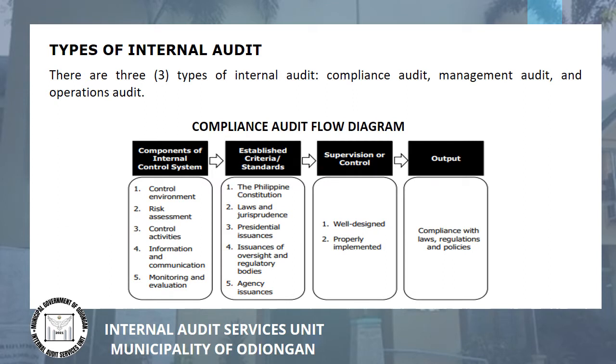So, how do we do compliance audit? First, conduct a baseline assessment of components of the internal control system, control environment, risk assessment, control activities, information and communication, and monitoring and evaluation, and match them with the established criteria, such as the provisions in the Philippine Constitution, laws and jurisprudence, presidential issuances, issuances of national government agencies, oversight bodies like the Commission on Audit and Civil Service Commission, and others, as well as issuances of the LGU through ordinances, resolutions, executive orders, memorandum, office orders, and other